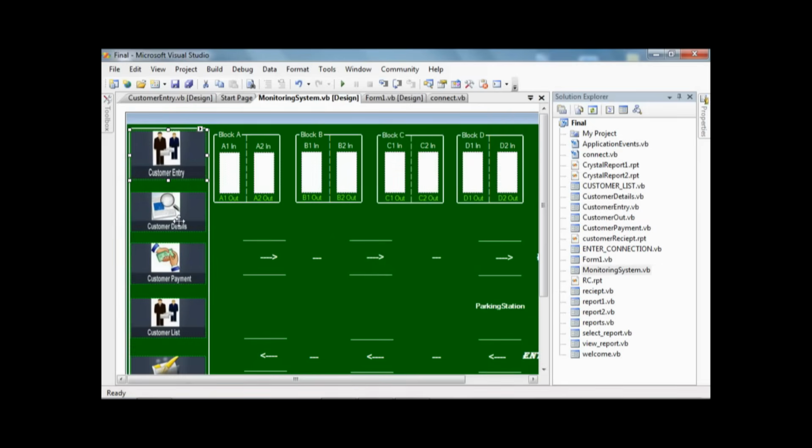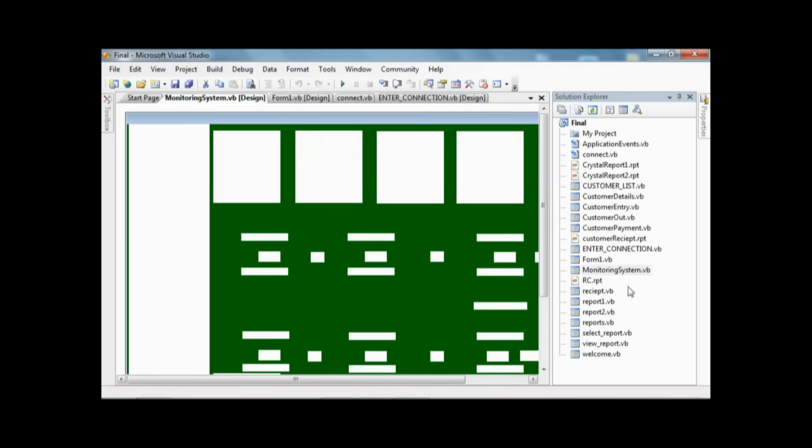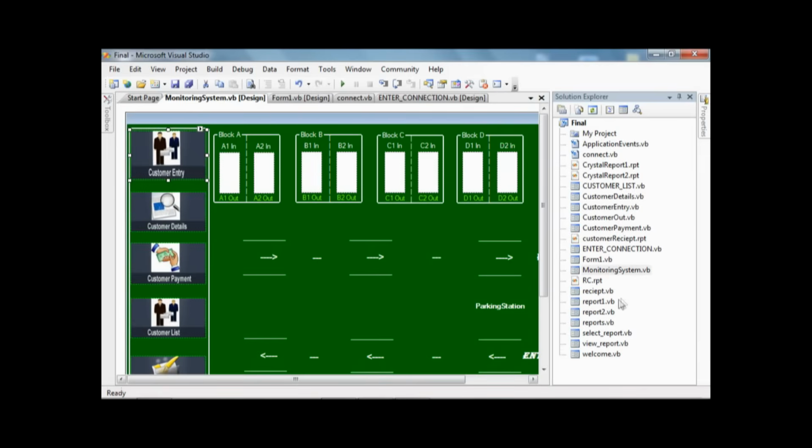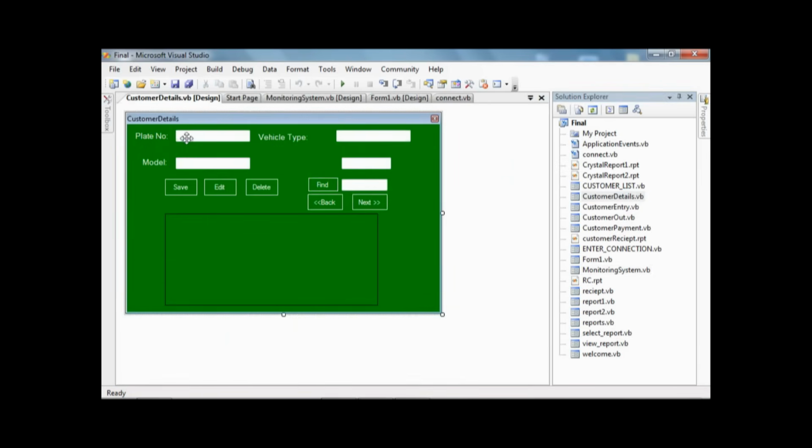Next is the customer details. Let's click the customer details form. Sorry for the inconvenience. In customer details we have plate number, model, vehicle type,